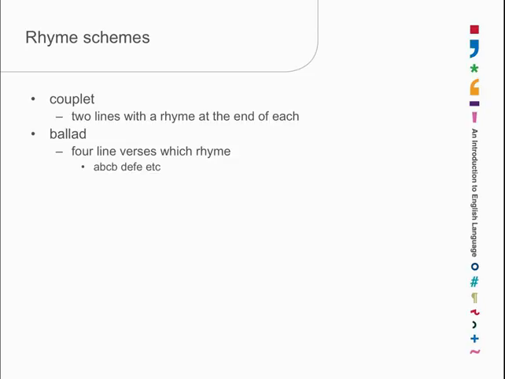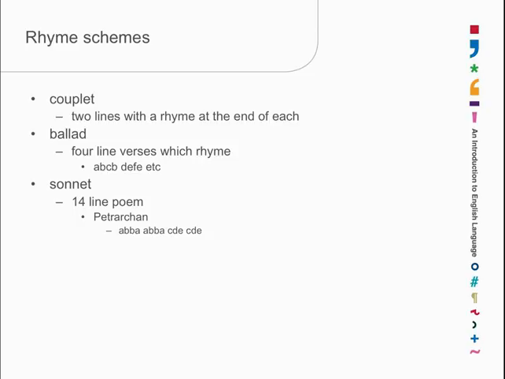The first line didn't rhyme at all, but the second line rhymed with the fourth line. And in the next verse, the second line rhymed with the fourth line, and so on. In sonnets, which are very ornate forms, there are 14 lines. Mr. Petrarch, who was an Italian, rhymed his as though he was later going to form a pop group. ABBA, ABBA. That was for the first 8 lines, and then the last 6 lines rhymed CDE, CDE, with the